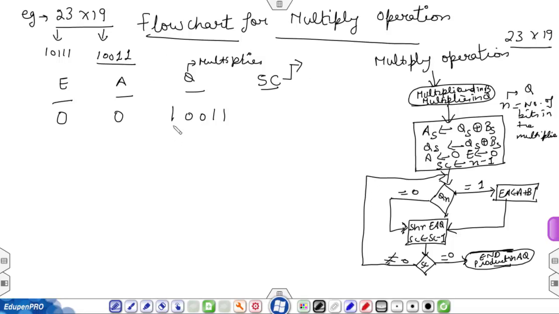Here you can see that the number of bits in the multiplier is 1, 2, 3, 4, 5. So the sequence counter value will be equal to 5 here, and the binary of 5 is 101.